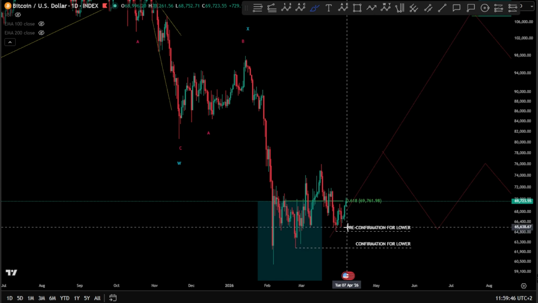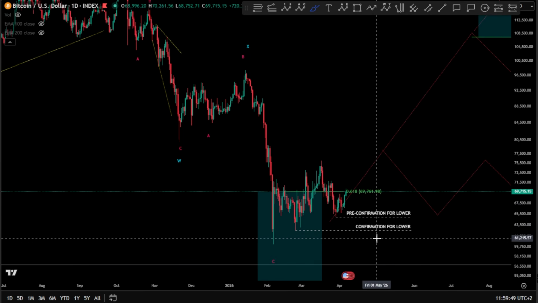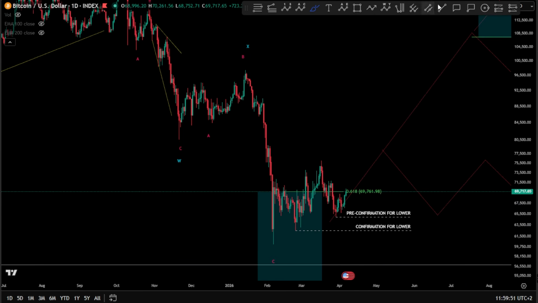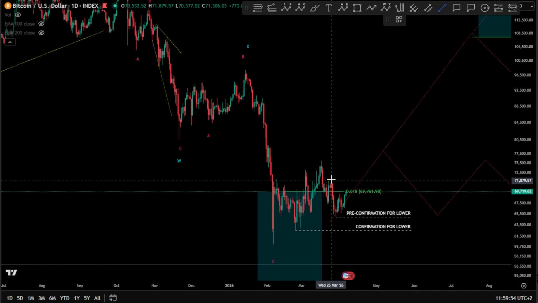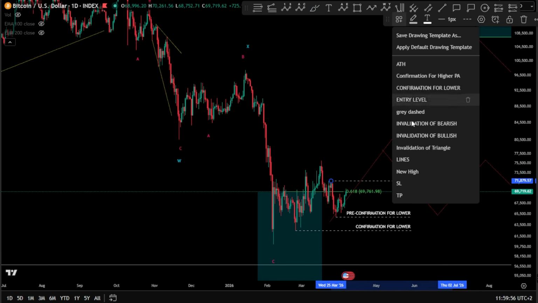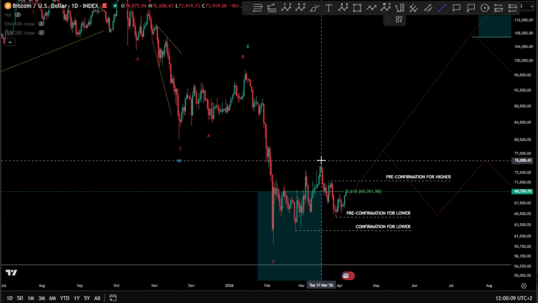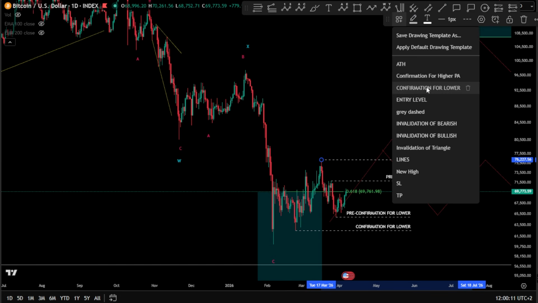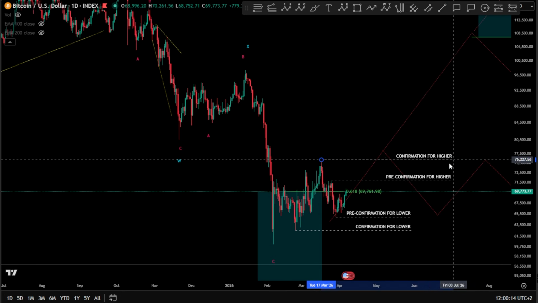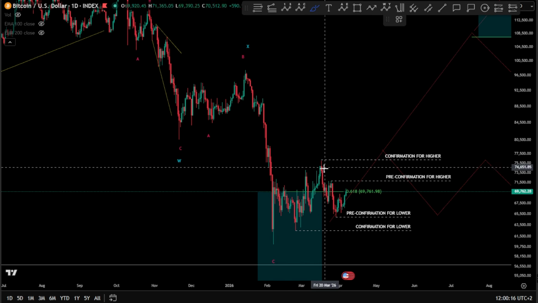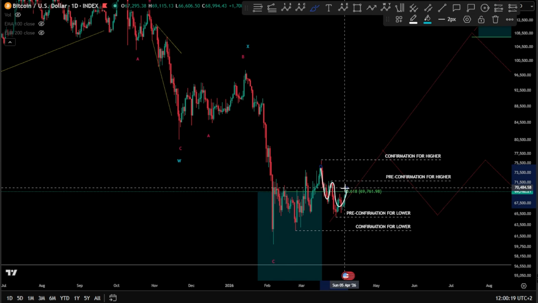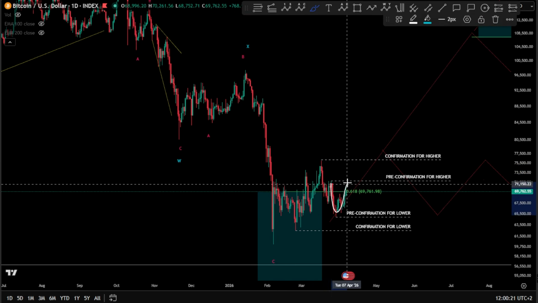Now, are we totally out of the deep bear market? Of course not yet, because the confirmation for higher is this, or even, if you want, the same as what we have here. This is your pre-confirmation. I'm going to explain why pre-confirmation and why total confirmation, and this is your total confirmation for higher. Now, why pre-confirmation? Because if you are in a double 1-2, okay, this 1-2 there, if we take it,